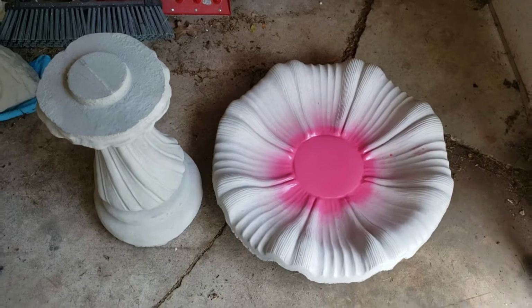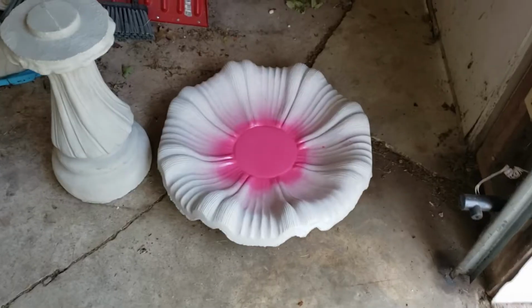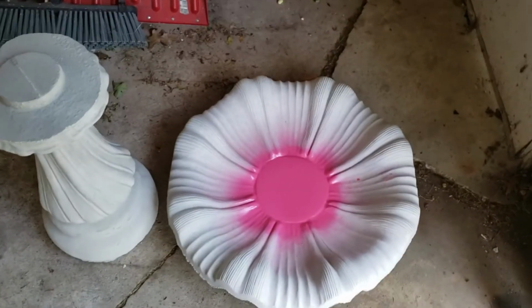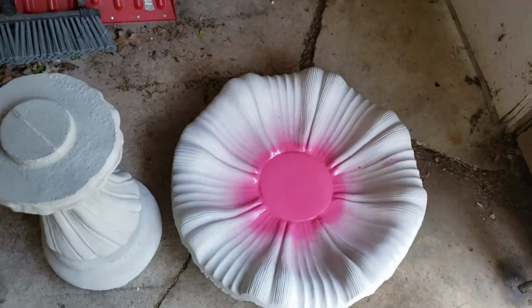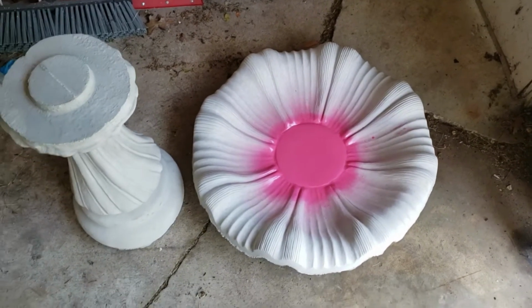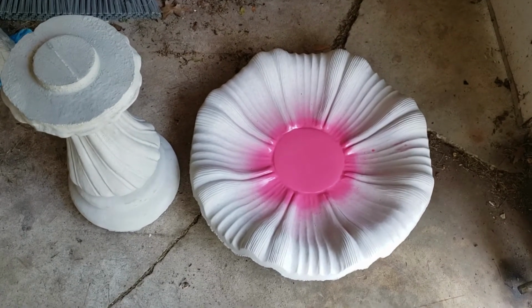What's going on, everybody? Alright, this is my new project. This thing, I knew it was heavy because I pulled it out of our Explorer, and oh my god, I wasn't expecting it to be as heavy as it was. Let me tell you what,